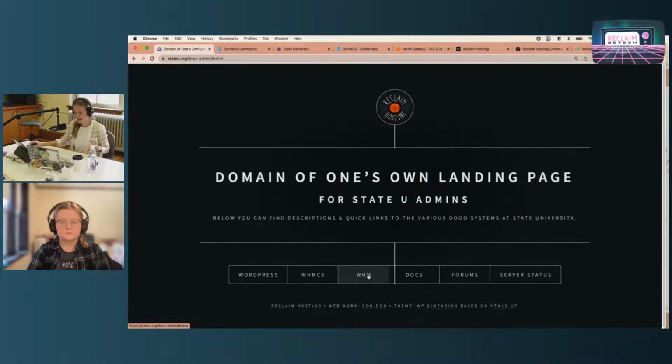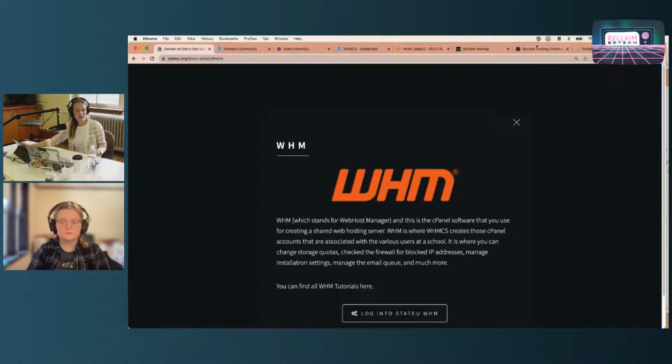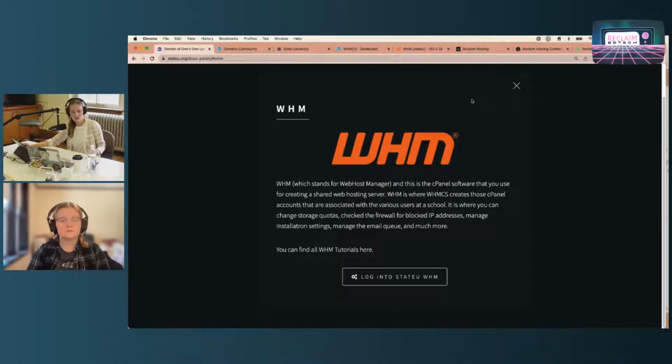The third and final system of Domain of One's Own is WHM, which is your cPanel server. So it's what's storing the cPanels, it's what's customizing those cPanels, disk usage, cPanel icons, Installatron applications, all that stuff is managed there. And this is also Reclaim Hosting's wheelhouse. So we give you the keys to the kingdom, but we don't expect you to manage this on your own. We're there to make sure that your server is performing well and it's optimized to the best of that